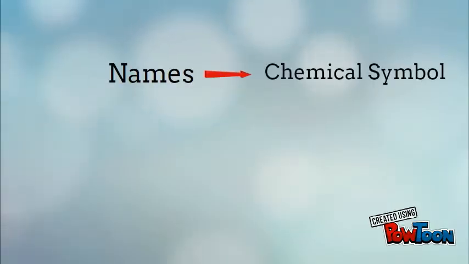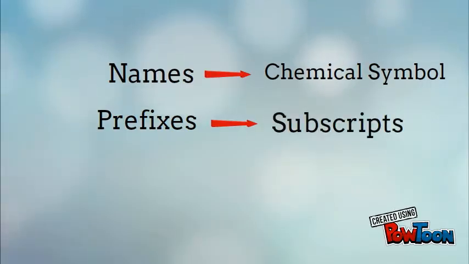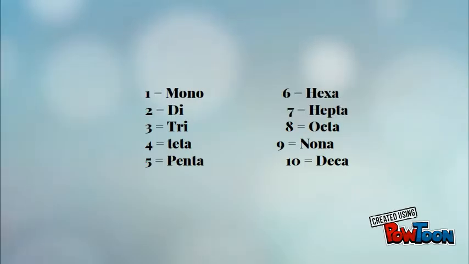Writing a molecular compound is writing a formula of two different non-metals. The first thing that you have to do is take the names of the compounds and express them into chemical symbols, and then take the prefixes and place them as the subscripts, where the prefix for 1 is mono,